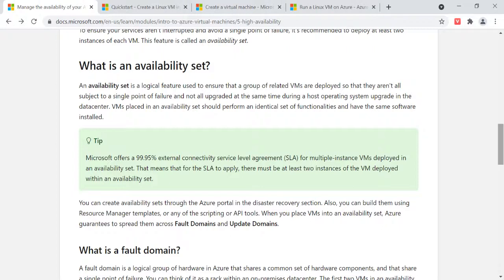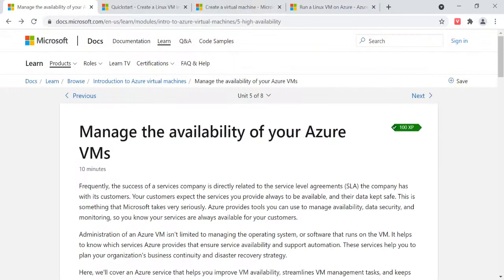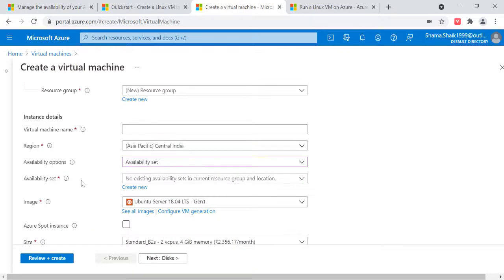That is nothing but availability zones. So this availability set gives a service level agreement of 99.95, whereas the availability zone gives 99.99 percent SLA, right? So that will give better availability. So use those two availability options while creating a VM. That will help you in times of failures. So that is the availability set, with fault domains and the default you have to select.